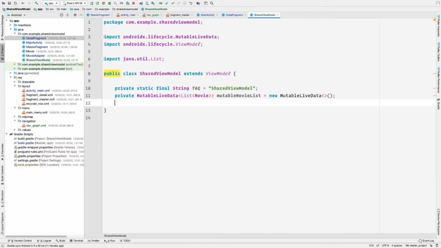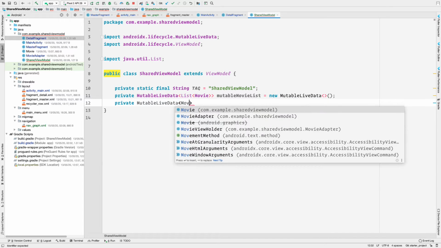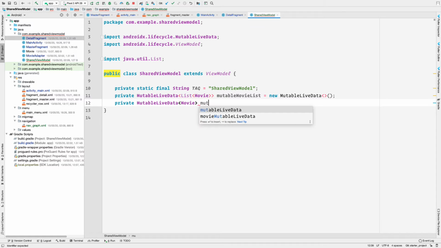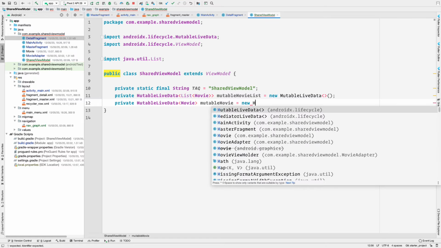Now we'll also want a single movie as a MutableLiveData because that will be used inside the detail fragment. So we'll create this variable, private MutableLiveData of type Movie, called mutableMovie, again equal to new MutableLiveData.